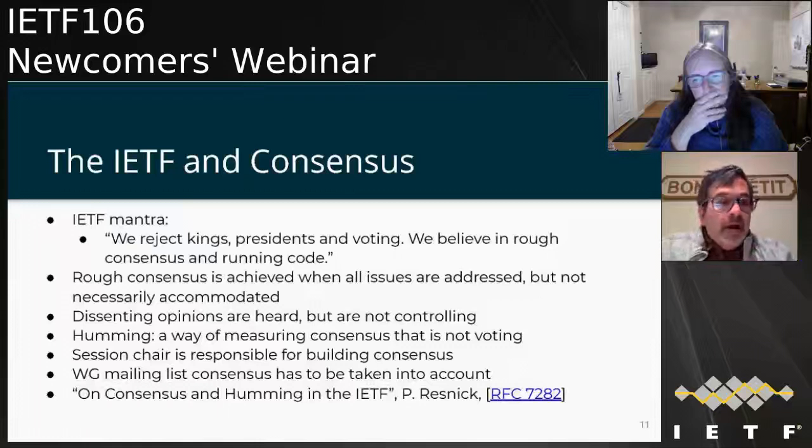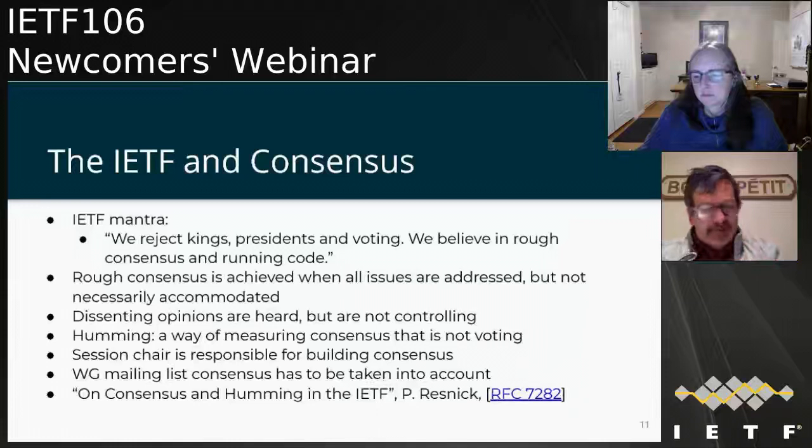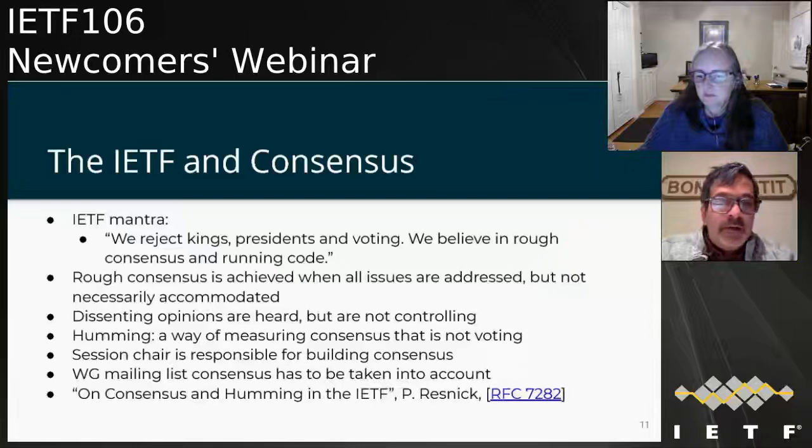Many things happen there. Bring your laptop, sit down with a group of people in the same area and start hacking away. Rough consensus means we listen to all the opinions. We don't have to accommodate everybody, and it's not controlling. That's different from, say, other standards organizations where, when you're doing voting, if you want to get everybody to vote on something, you end up with a standard that's got, well, this seems kind of strange, but he wanted it, right? Sort of like the US tax code. They wanted this thing done and they didn't want that thing done. It's a lot of negotiation. Here we're trying to focus solely on the technical merits, and again, on what most of the people in the group feel.